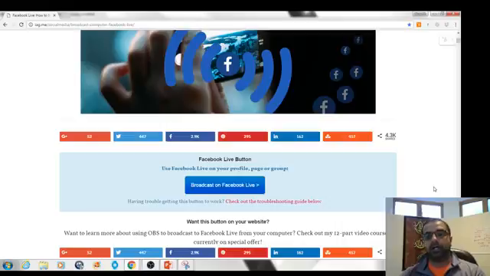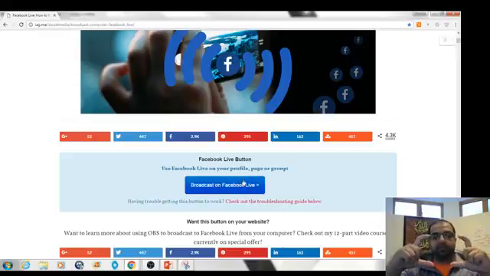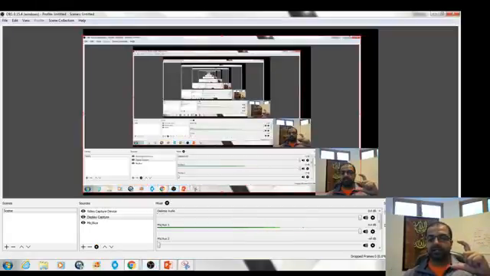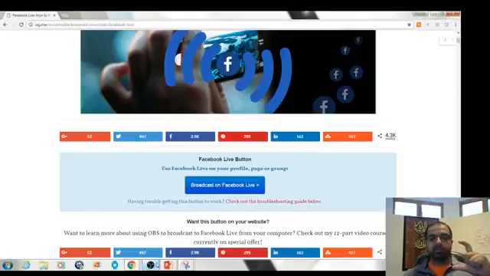Before you go live, you want to see and make sure everything is okay and ready to go. When you click on this button, a separate window pops up. In that pop-up window, it'll give you the URL and the stream key. Once you've configured everything in Open Broadcaster Software and you say start streaming, then what you do is